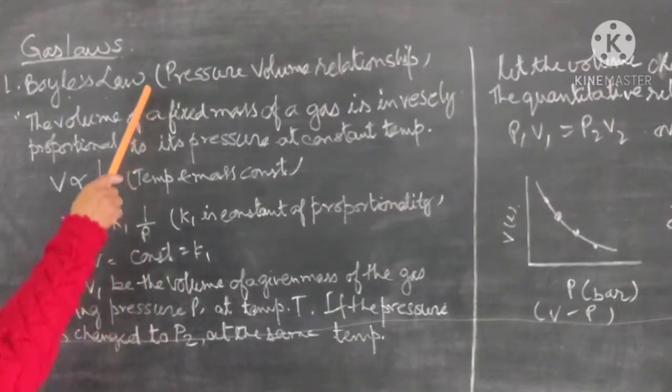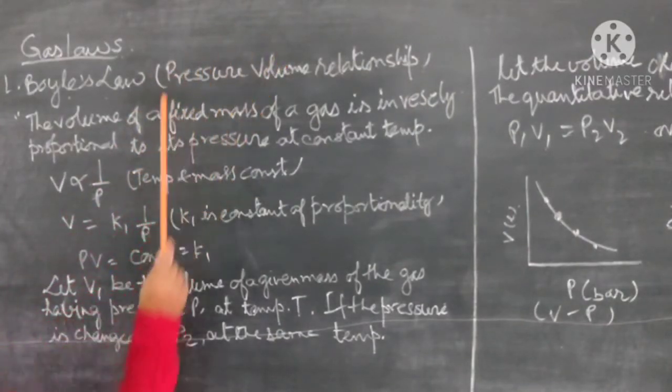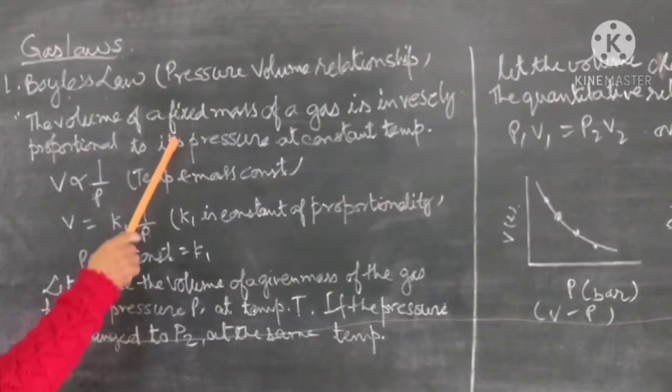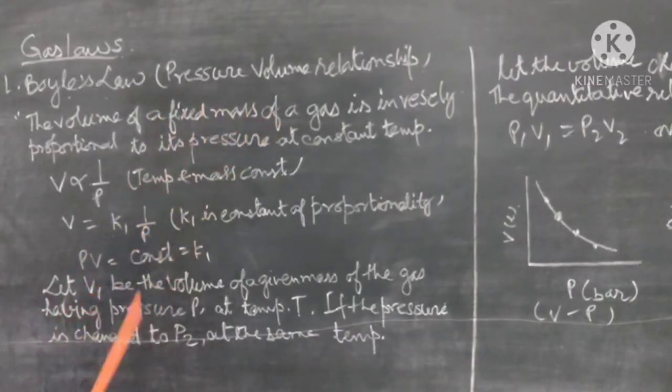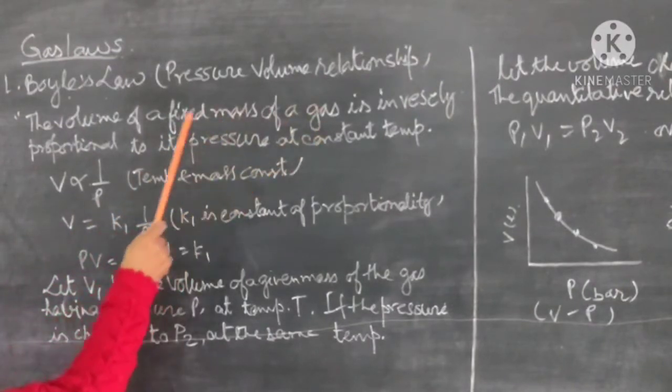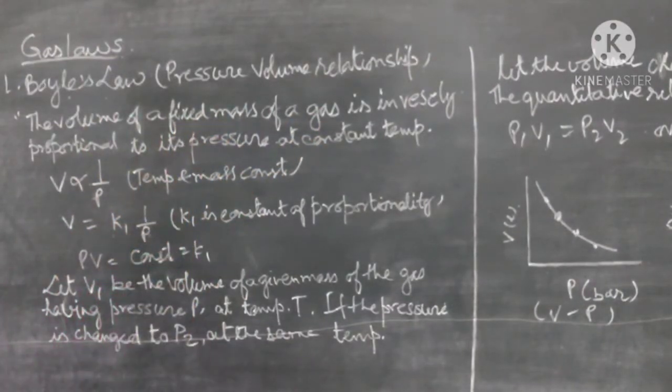To describe a gas, we can only compare two properties at one time. That means first we are comparing two properties, pressure and volume, and that's why we keep the temperature and mass of the gas constant. That's why you can see here the fixed mass of a gas. So the volume of a fixed mass of a gas is inversely proportional to the pressure at constant temperature. To express these properties, we have to draw a graph, and that's why we have only two axes. That's why we are comparing only two properties at once.